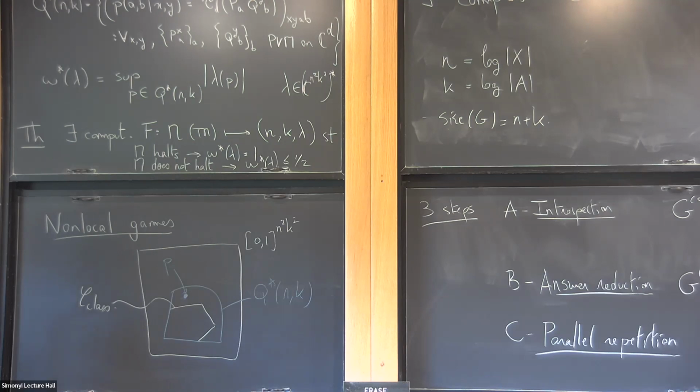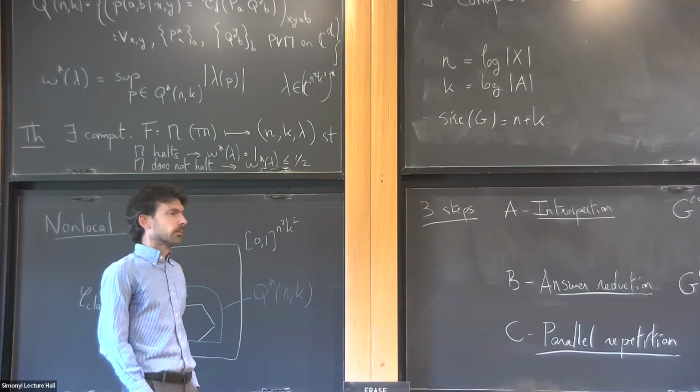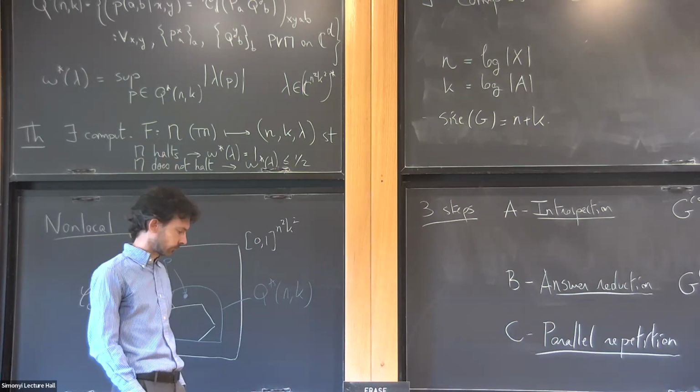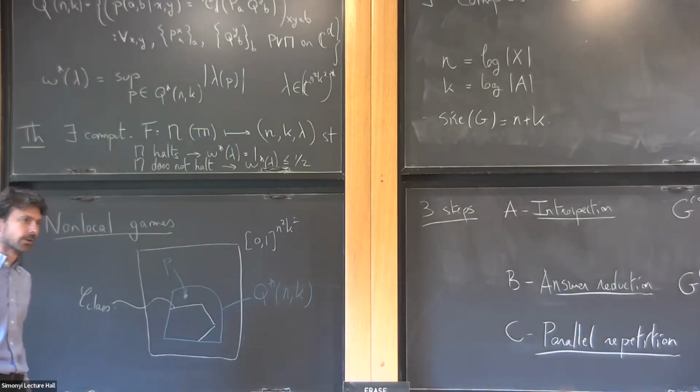Questions? Yeah, I have a quick question. I think you mentioned this a little bit, but could you go over how you are going to use this compressed procedure in the reduction from the halting problem to the W problem? So you're defining this compressed procedure: if you have one of these games, you can reduce the size of the game. How is this going to play a role in the reduction that you ultimately want to do to prove the theorem? Yeah, so this requires a little bit more work to answer.